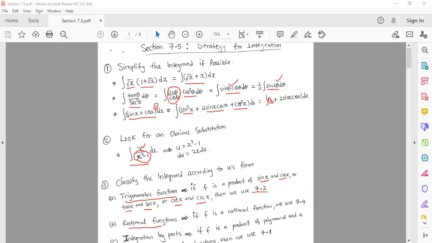Rational function. All right. So if you have a rational function, you're dealing with 7.4. Remember what 7.4 was? Where we did partial fractions, long division, and so on. Remember, a rational function is just defined as a polynomial divided by a polynomial. All right. And now obviously, if you have integration by parts,